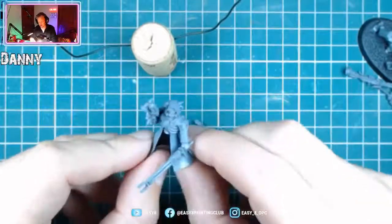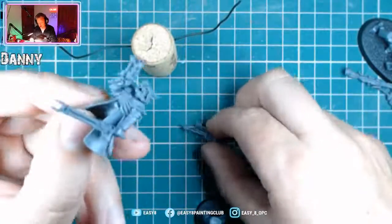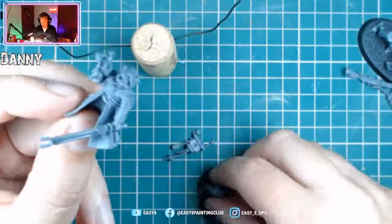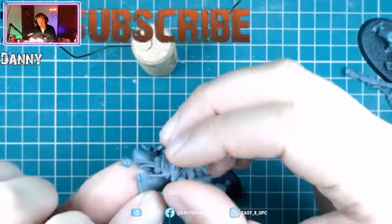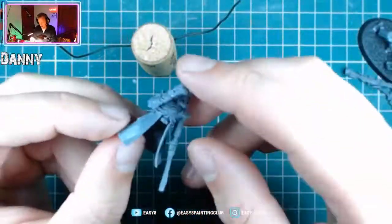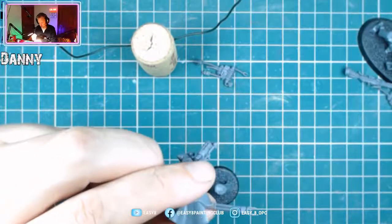On this particular one, this is the Alpha, basically a Sergeant model if you like. He is in 2 extra pieces other than legs, so 3 pieces in total. The backpack, because it kind of gets in the way a little bit when it's on the back of the cloak. So I've drilled a little hole into the bottom here, literally before the show started,